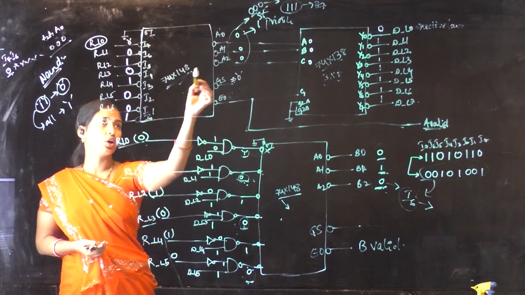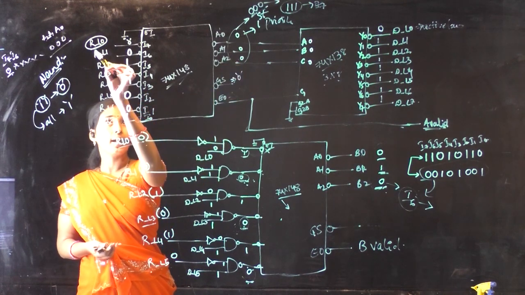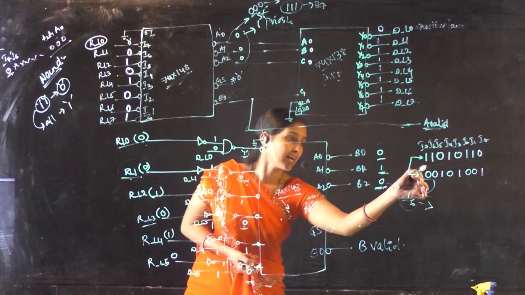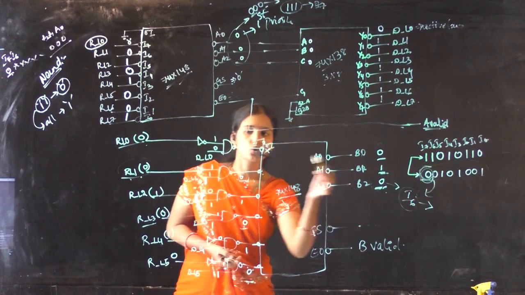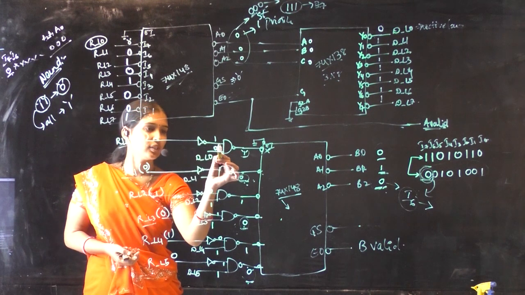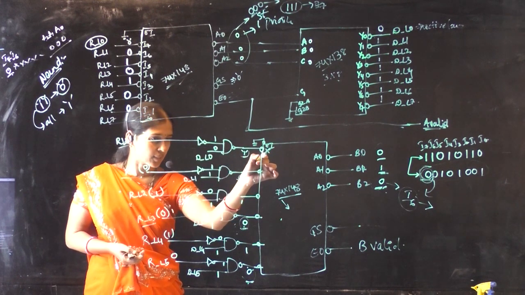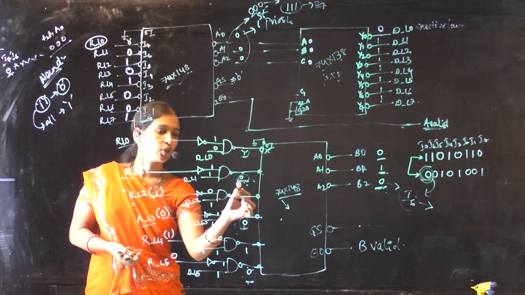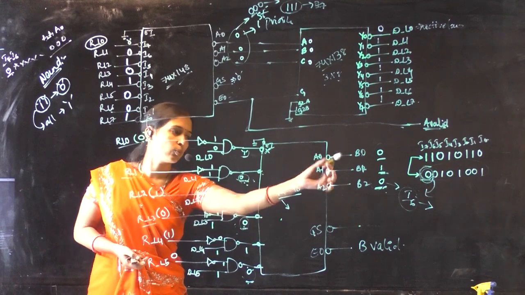Okay, you have found out the first highest priority here. At the same time, again I should make this highest priority, I7, to be 0. So I am deactivating it. See, from here I am getting 1. That means your highest priority is disabled, and the next highest priority will be this one. So depending upon your highest priority, your output will be assigned.